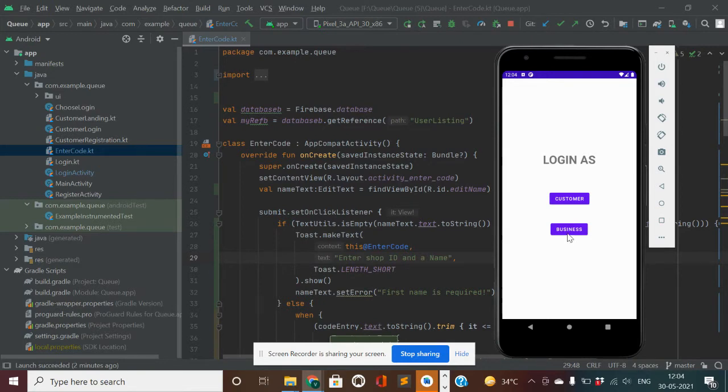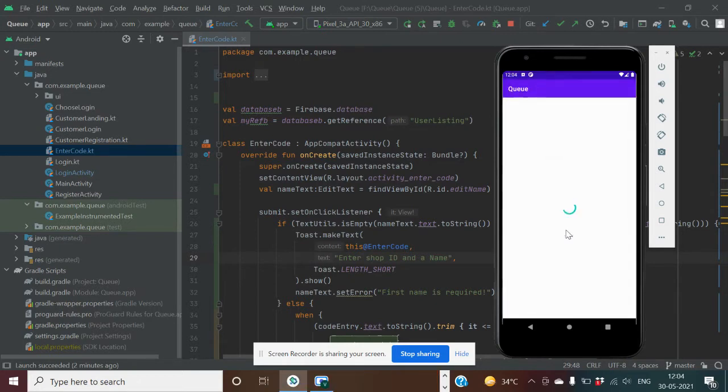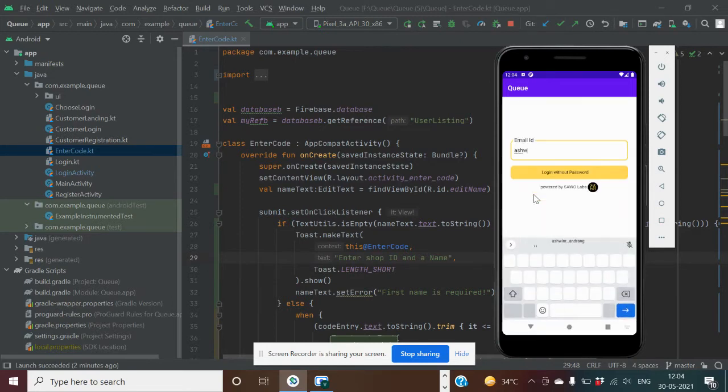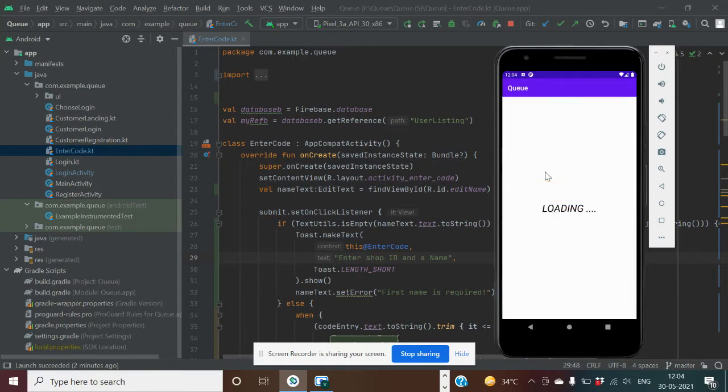of that app here. So first of all, we click on business, and then we are taken to the login page, and this is passwordless login powered by Savo Labs. So first of all, I will enter my email here. Now I will log in without password. Yeah, so I have been logged in, and this is the name I had entered before, and this is the